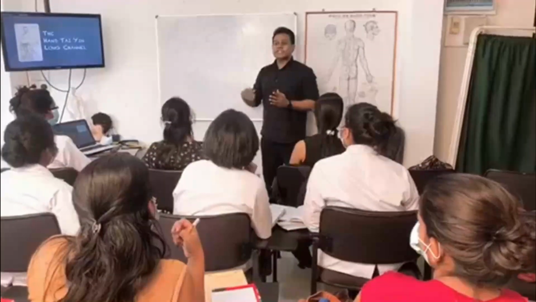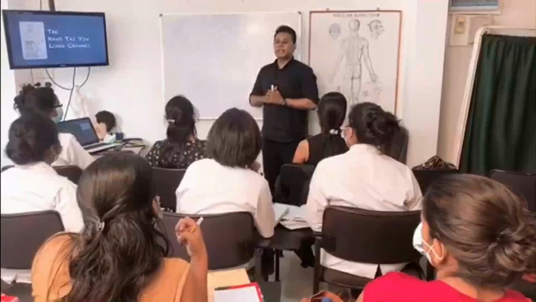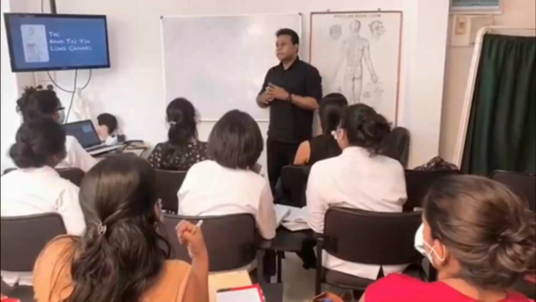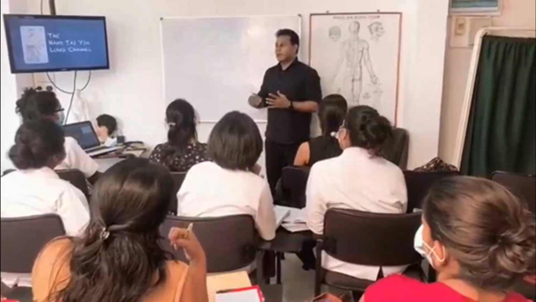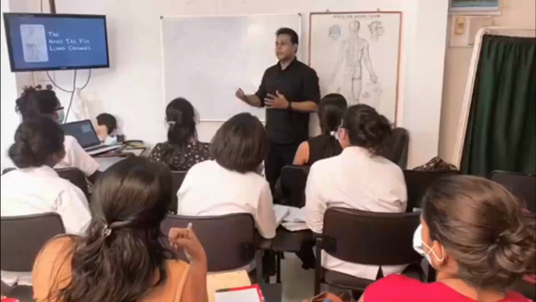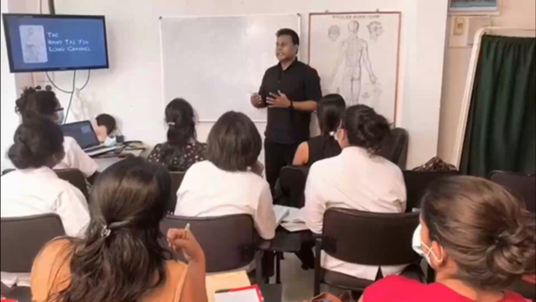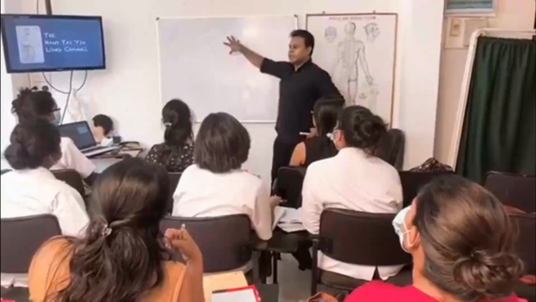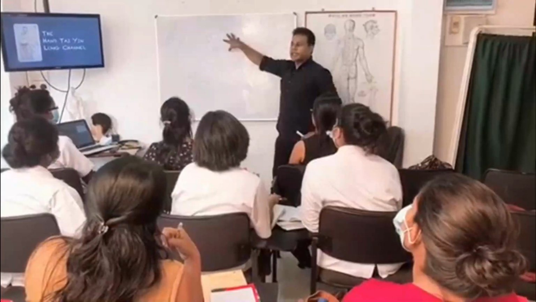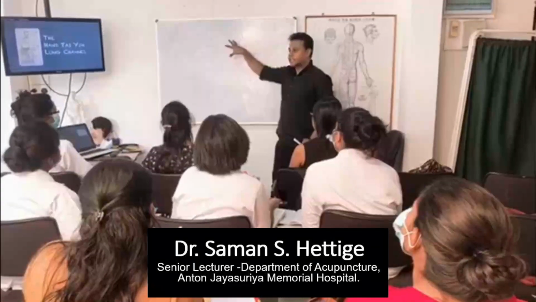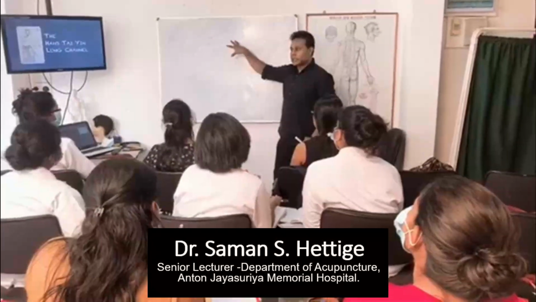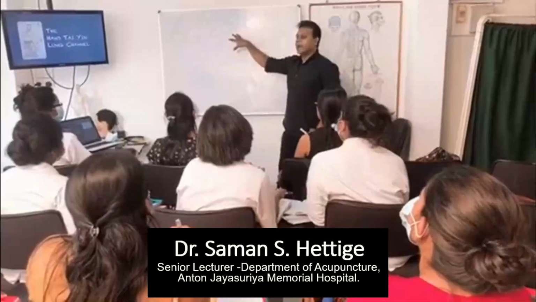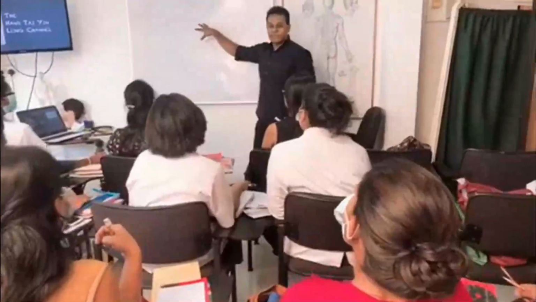it describes a channel which is connected to that particular internal organ. There is a coupled channel which is connected to that internal organ. There are certain points, and there is a sense organ which is connected to that particular internal organ. There is a connected tissue which is connected to that particular organ, and there is an element which is connected to that particular internal organ. Now all these factors have to be taken into consideration when we are going to establish a treatment protocol for any kind of disease according to traditional Chinese medicine.